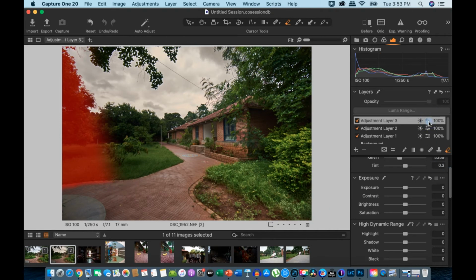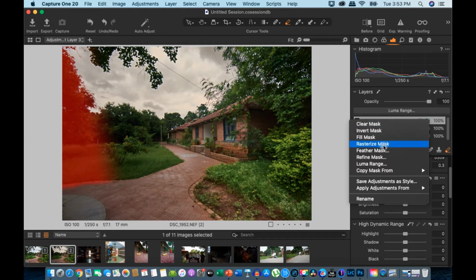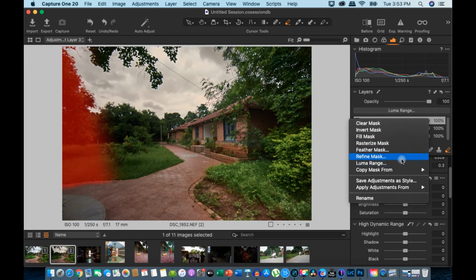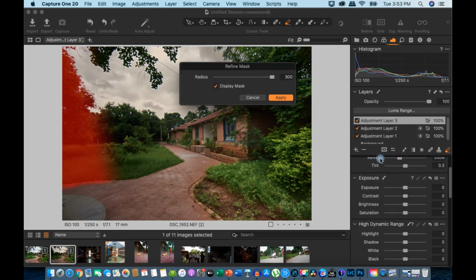That's pretty much it. And right click, rasterize the mask. Sorry, not rasterize, refine the mask. I hit the wrong button over there. Apply. So the refine mask basically refines the edges of the mask so you do not get any halos.